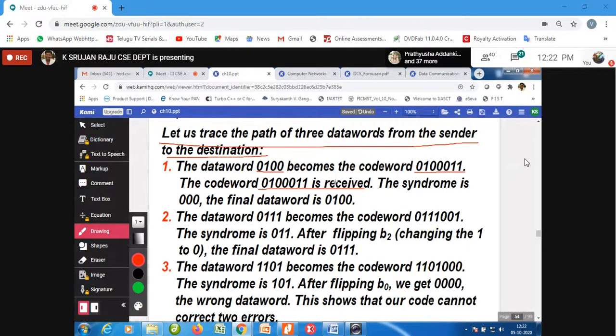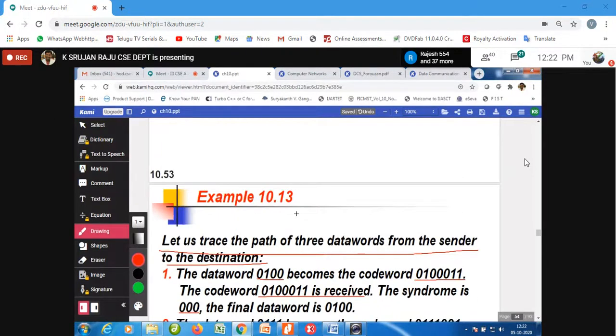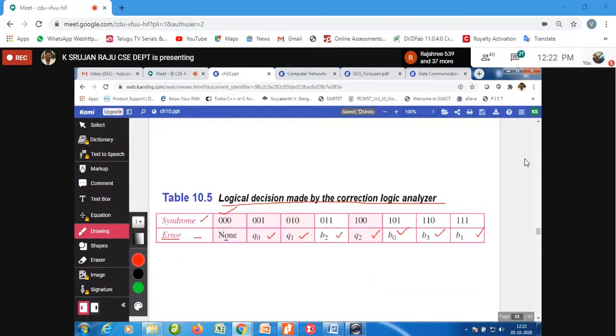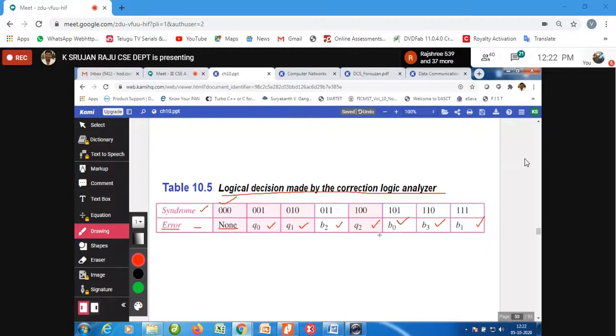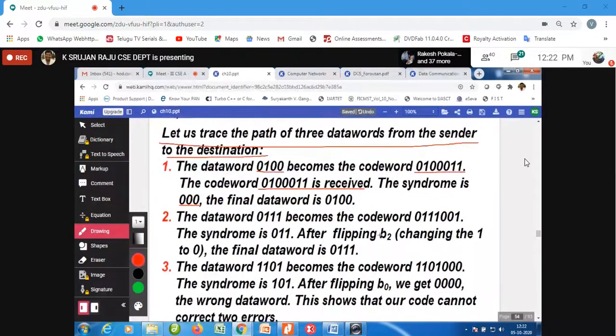Then your syndrome is 000, and when your syndrome is 000, there is no error. So simply you can accept. The final data word is 0100.